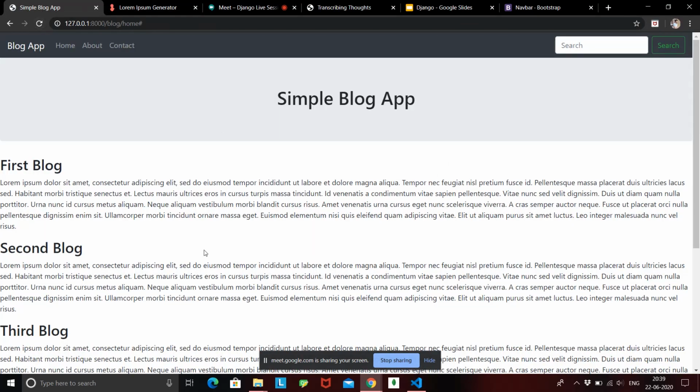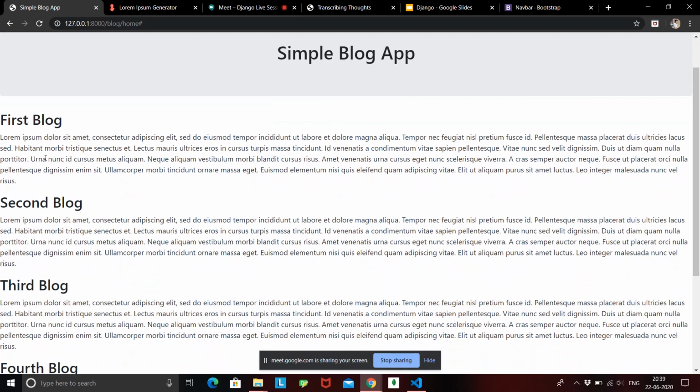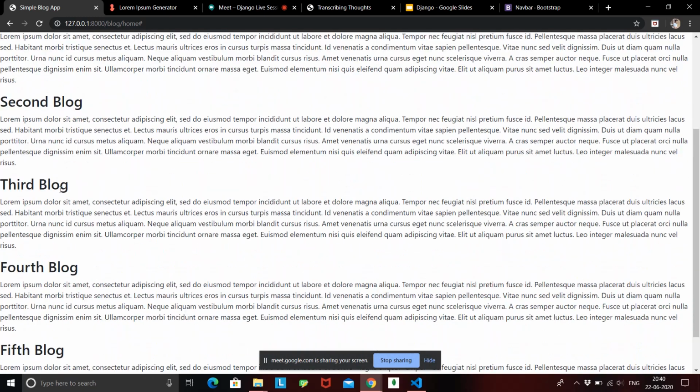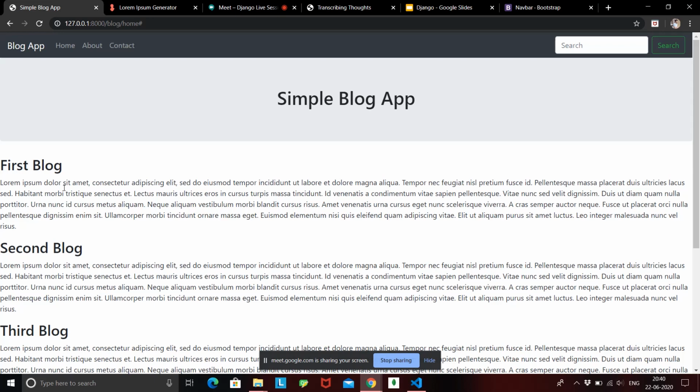Okay, so now our page looks much better. We have a navbar, we have a title, and we have all the blocks that we have created. So it was that simple. What we did is we first imported Bootstrap into our base layout.html, and also we need this navbar and this title in all the pages that we are going to go. Suppose we go to the contact page or the about page, we need this navbar constant, right? And what is constant? The base layout is constant. So we created this navbar in our base layout, and all the pages are going to have this navbar because all pages will be extending this base layout.html.